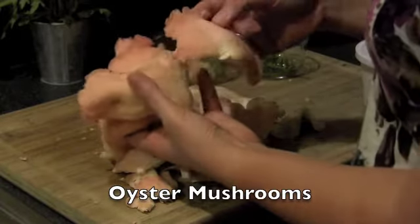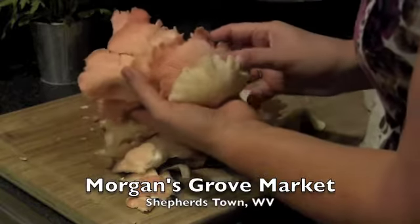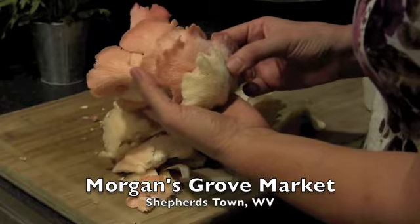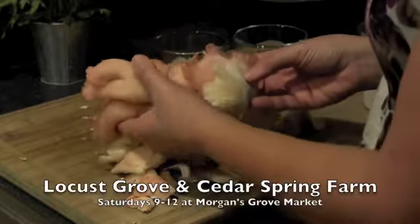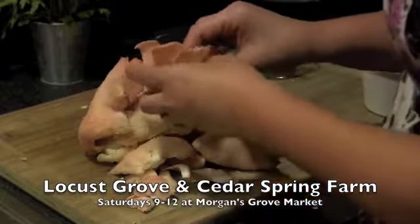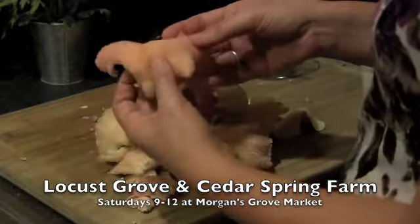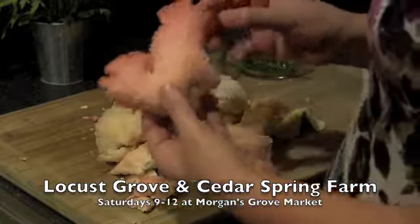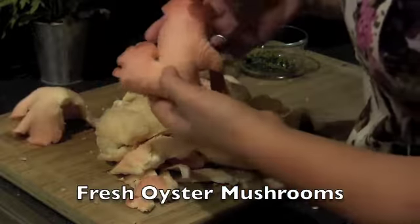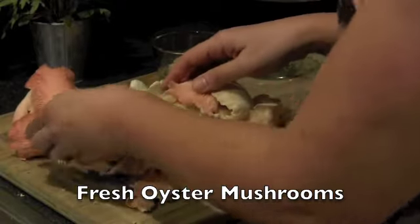I wanted to share with you my latest farmers market find, which came from Morgan's Grove Market in Shepherdstown, West Virginia, and these are oyster mushrooms. The vendor that I picked these up from is Locust Grove and Cedar Spring Farms, again at Morgan's Grove Market in Shepherdstown, West Virginia. And these are just some spectacular looking oyster mushrooms. I've never had the opportunity to cook with or actually even see an oyster mushroom, so this is really a